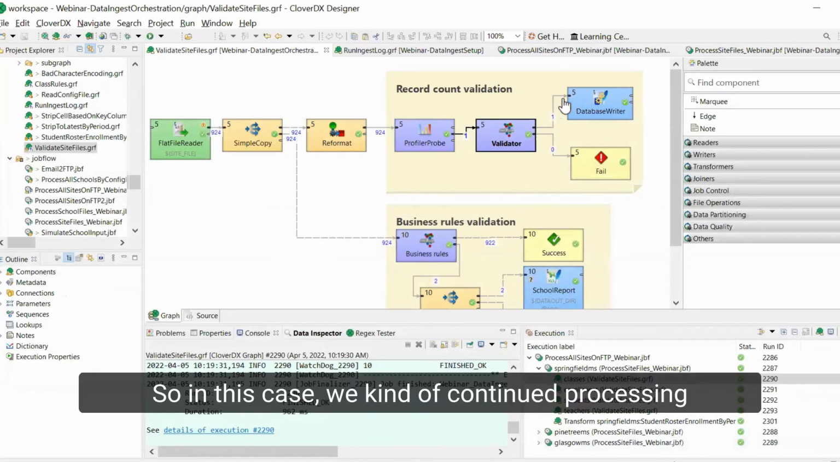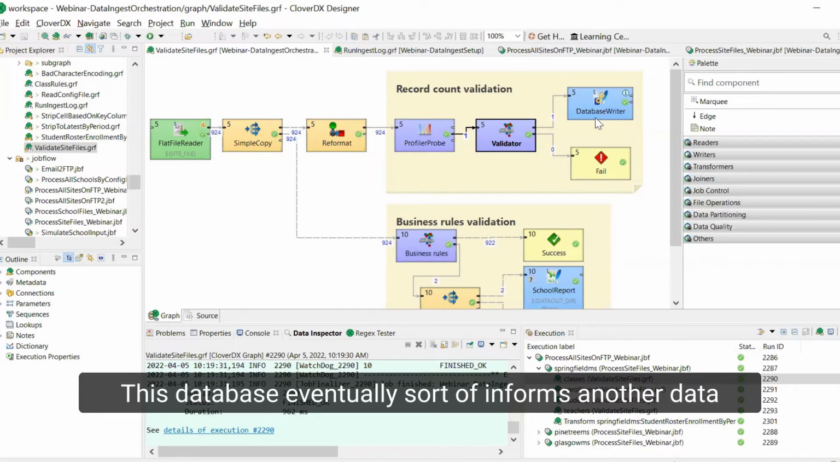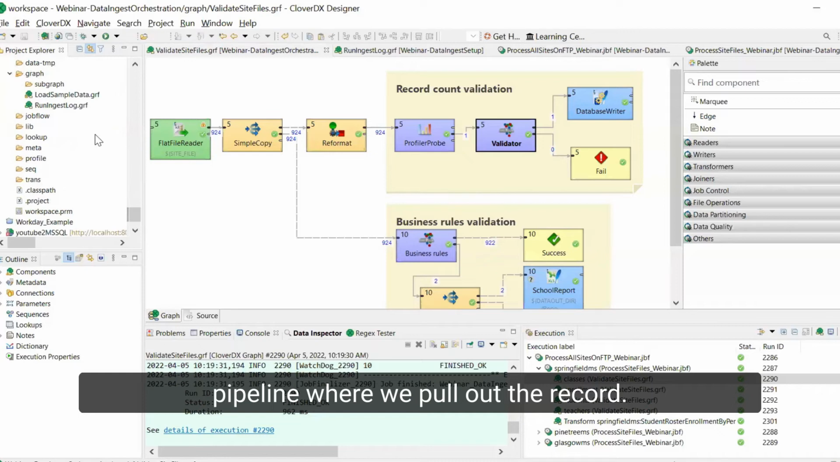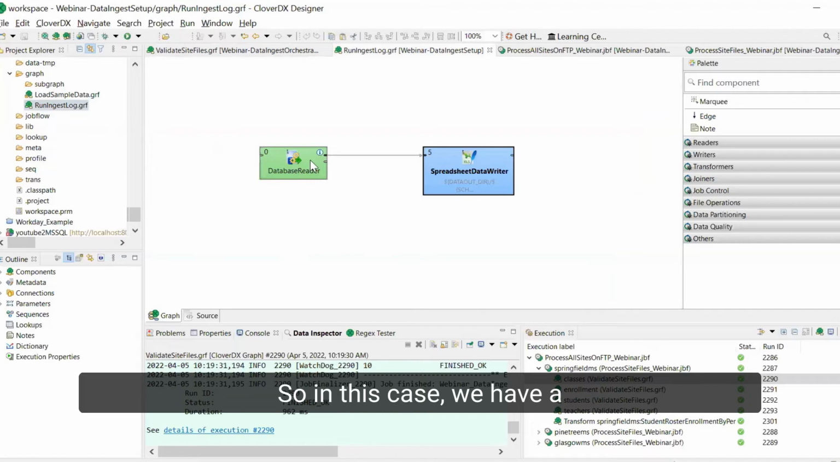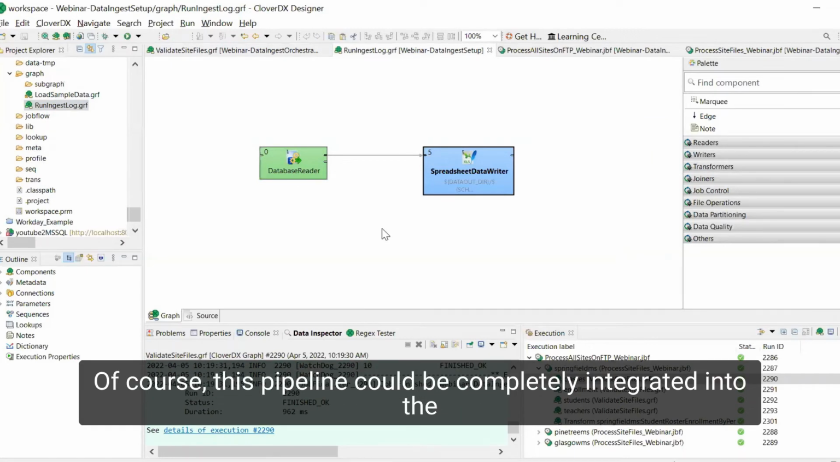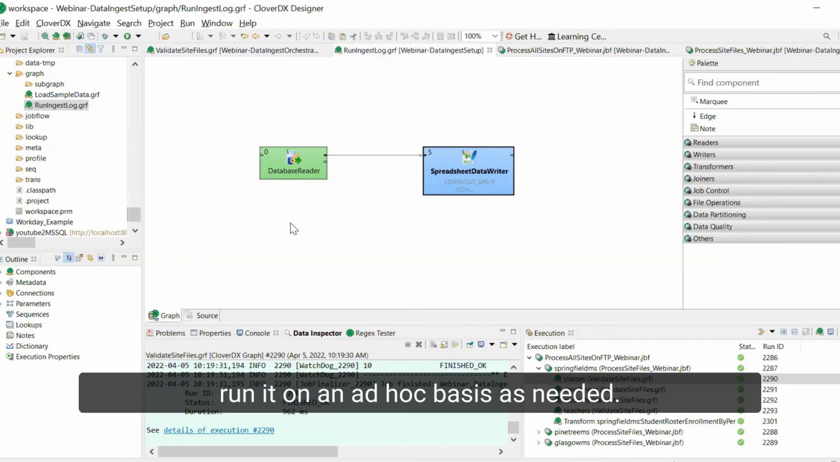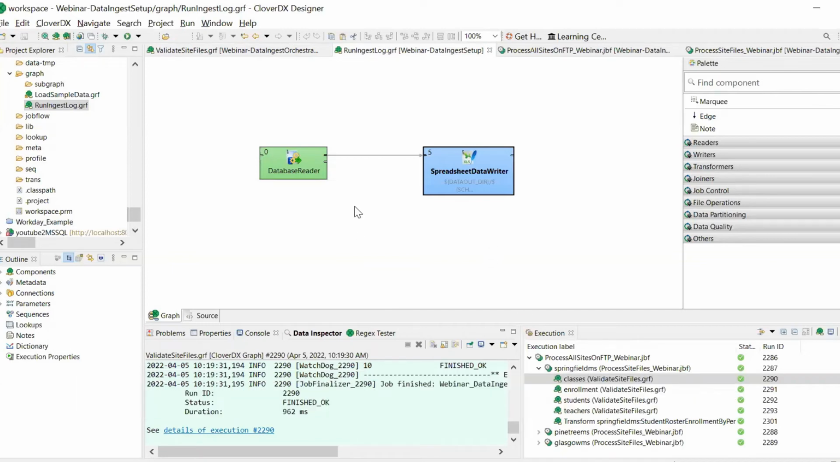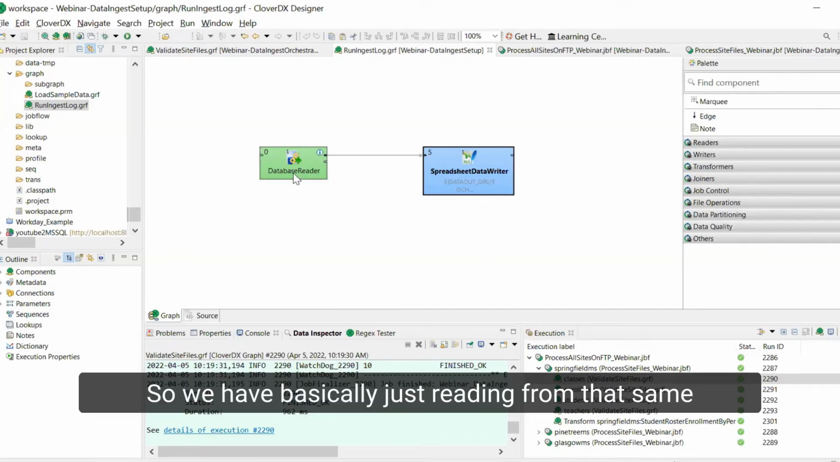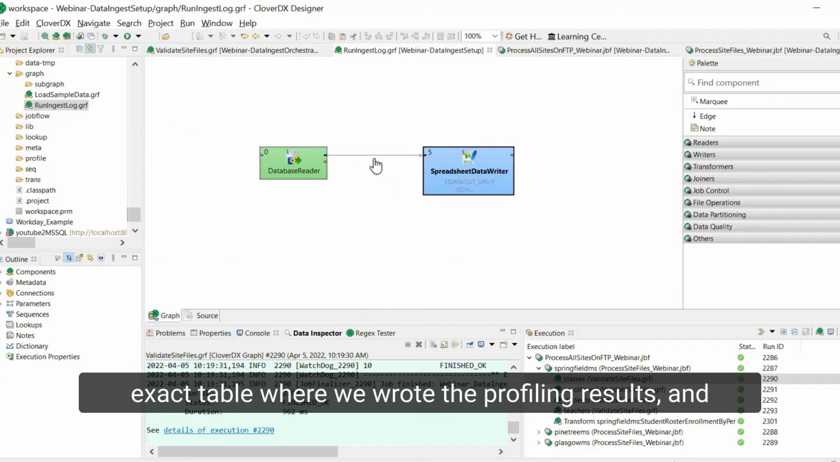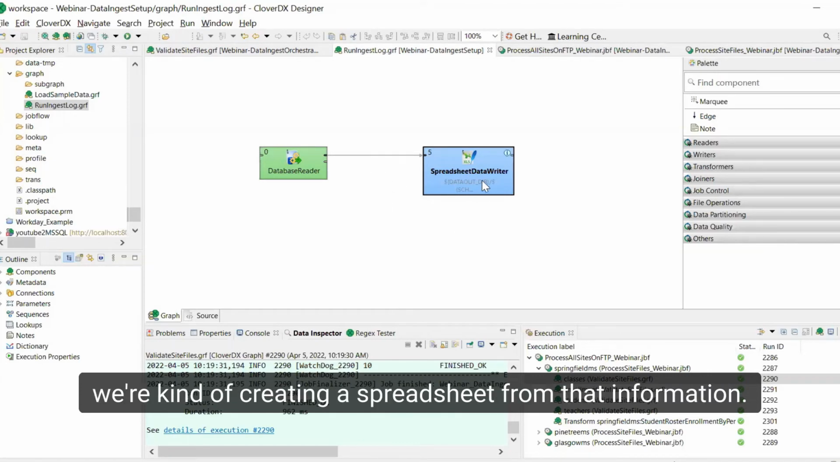So in this case, we continued processing and we wrote out the data to a database. This database eventually informs another data pipeline where we pull out the record, right? So in this case, we have a database reader in another separate pipeline. Of course, this pipeline could be completely integrated into the existing one, but we separate it out here to run it on an ad hoc basis as needed. So we have basically just reading from that same exact table where we wrote the profiling results, and we're creating a spreadsheet